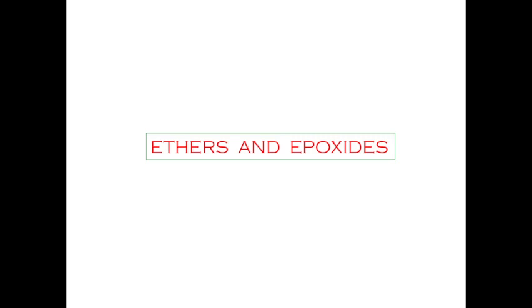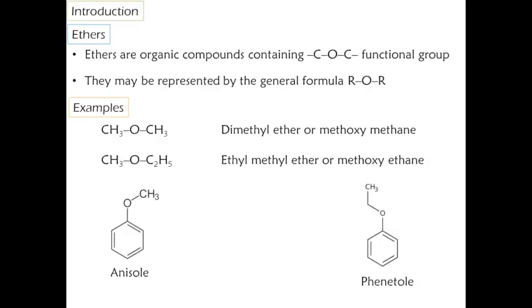And epoxides, you might have heard about epoxides too. Epoxides are just like an oxygen ring: two alkyl groups, and then the carbons are attached via an oxygen atom in the form of a ring, and this is what is called epoxides. And now we have to discuss what ethers and epoxides are, a general introduction about ethers and epoxides.